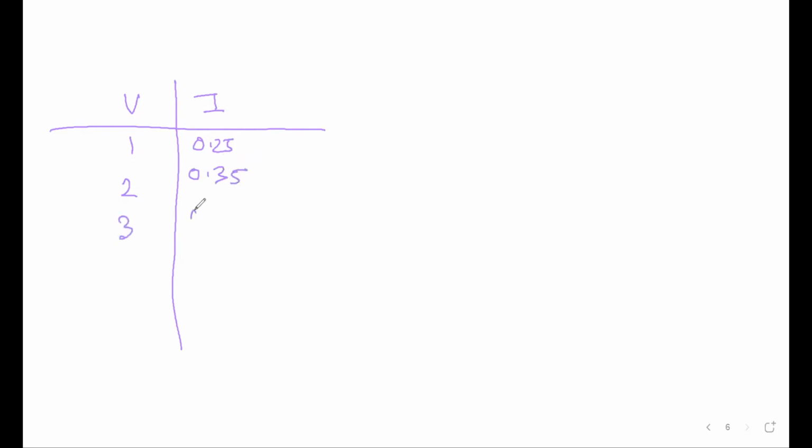I hope you have your calculator with you. Consider that you are obtaining, for example, a VI curve in your laboratory for a resistor. You are applying a voltage, say 1 volt, and obtaining a current, say 0.25 ampere. Increasing the voltage to 2 volts, your current is, say, 0.35 ampere. For voltage 3, your current is, say,